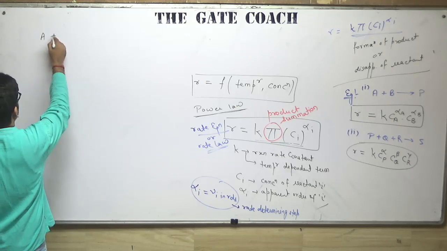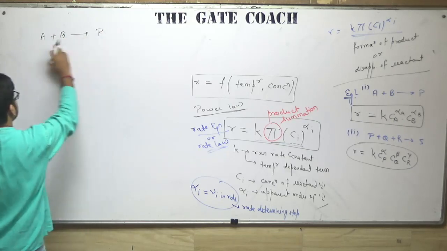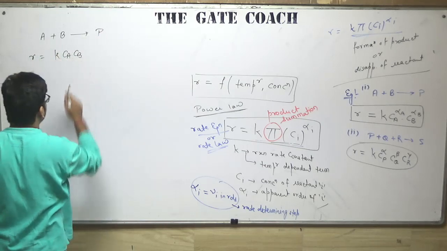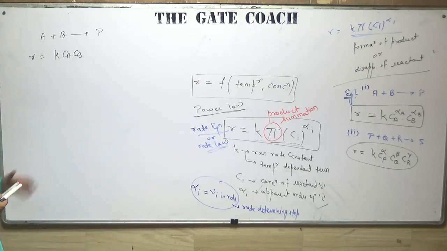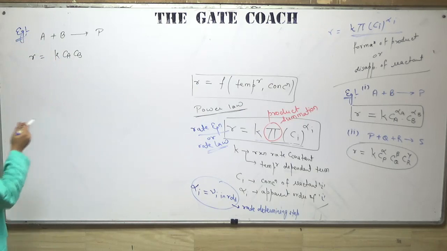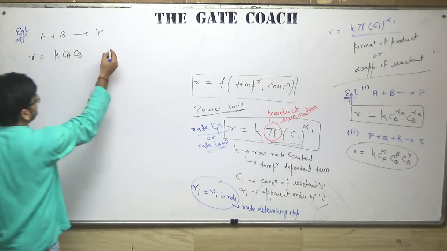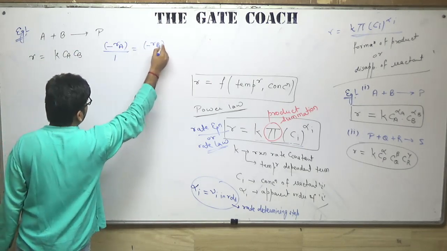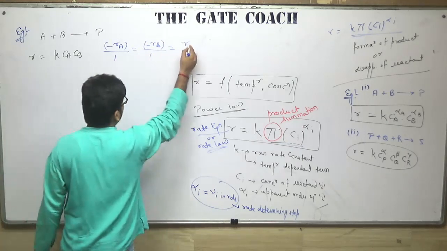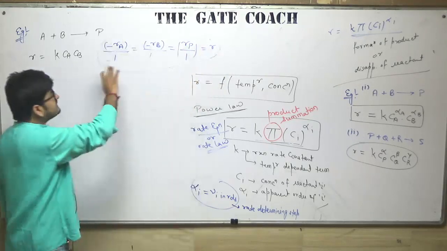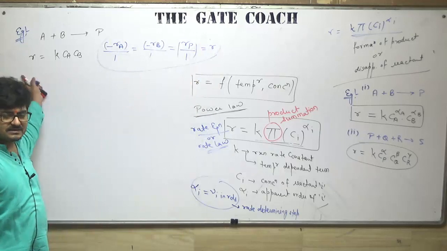Suppose I have some chemical reaction, A plus B gives P, and this is the rate equation, r is equal to k C_A C_B. Suppose the values of alpha and beta are 1. So if you want to write, from relative rates, minus r_A upon 1 is equal to minus r_B upon 1 is equal to r_P upon 1, again equal to r. So obviously minus r_A equal to r. r is this, so minus r_A will be